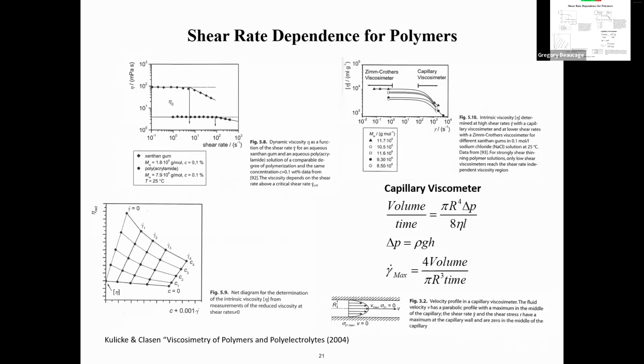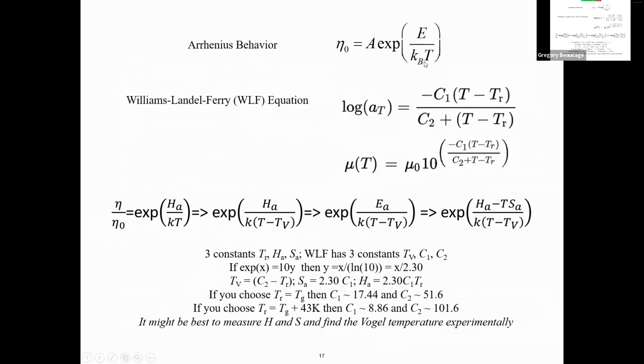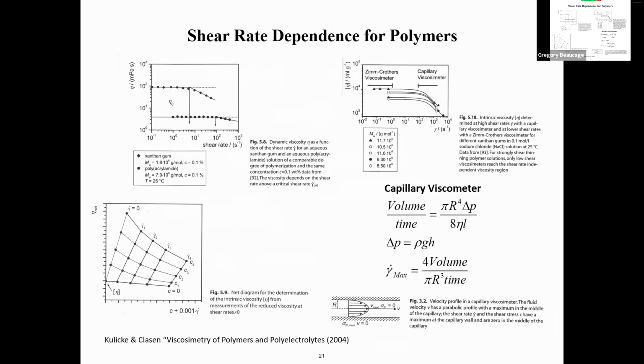So that said, shear rate. We know about shear thinning, and it happens in solution too. And then you can have this problem that if you have a polymer that has shear thinning and you're using capillary viscometry, like this, then you can be in the shear thinning region and not know it. That can be a problem. So it's good to be able to vary the shear rate so you can see if it's flat or not,